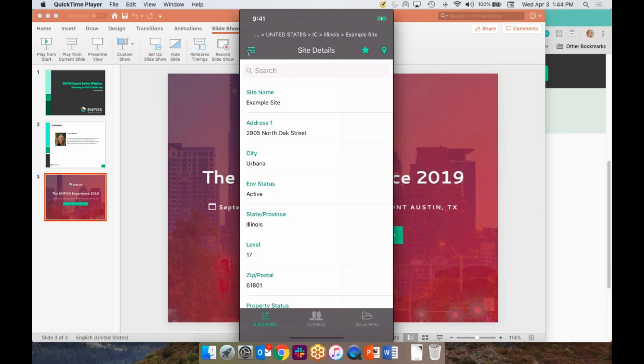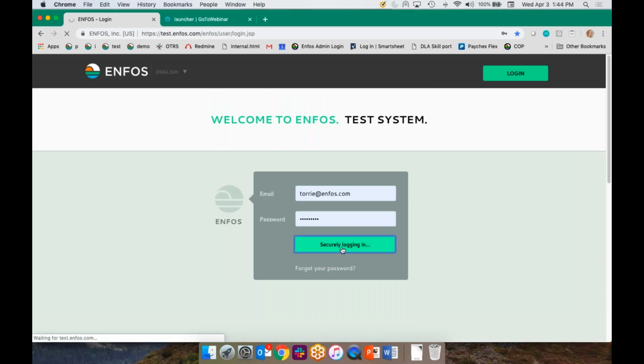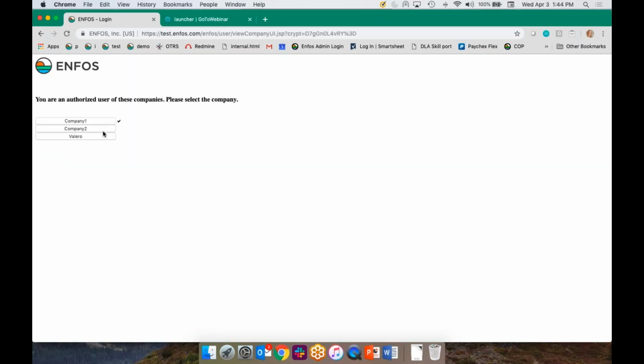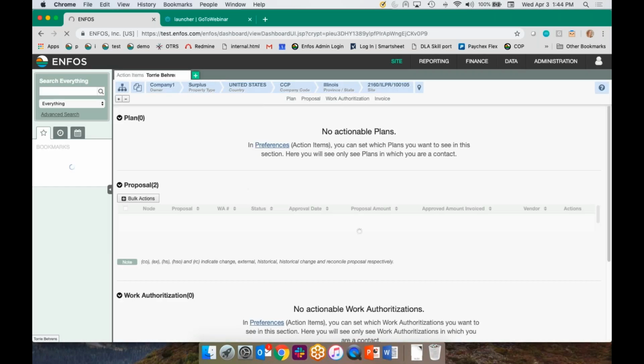All right. Where do field photos reside once loaded? Okay, so this would be the upload photos, not the ENFOS Field Photo app. But when you upload photos, they always get added to the document section. And this is the same if you're in ENFOS. And I'm going to log into ENFOS right now. If you load photos into ENFOS, either from your phone or from the user interface, they always get loaded to,